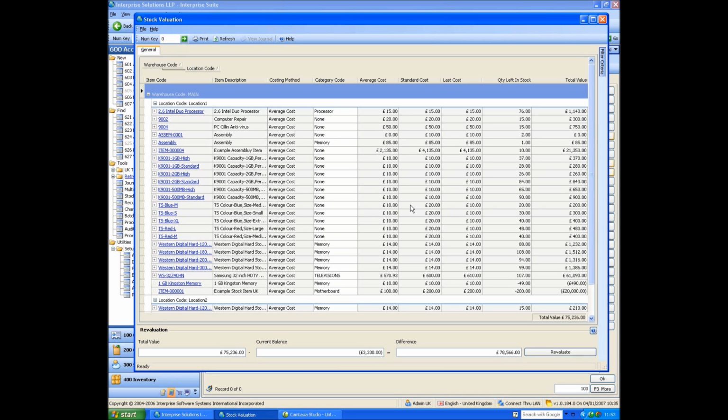Because with first in, first out, you're supposed to be doing a cost of goods sold at the actual price. Now, some systems are very weird. They hold the real cost of goods sold until you get the purchase invoice in. That's when it posts it. But then obviously you have a sale sitting on your profit and loss, but no purchase, no cost of goods sold. Rubbish. Other systems post a wobbly average. But what we've done is we've said, right, all our cost of goods sold are going to be